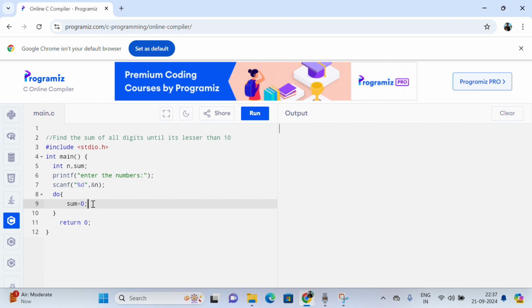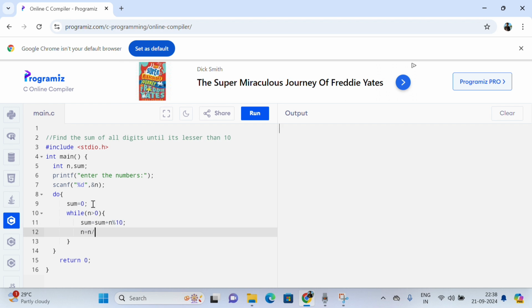After that I open an inner while loop with the condition n greater than 0, and in its body write sum equals sum plus n modulo 10, and n equals n divided by 10. After exiting the inner while loop, write n equals sum.